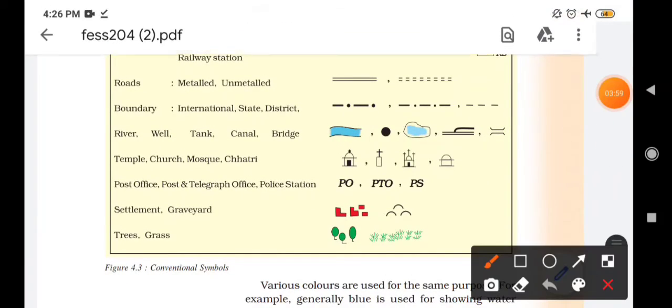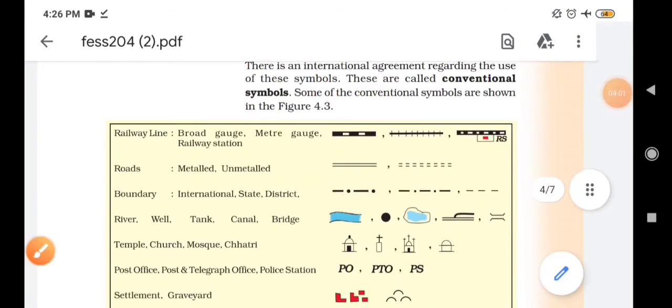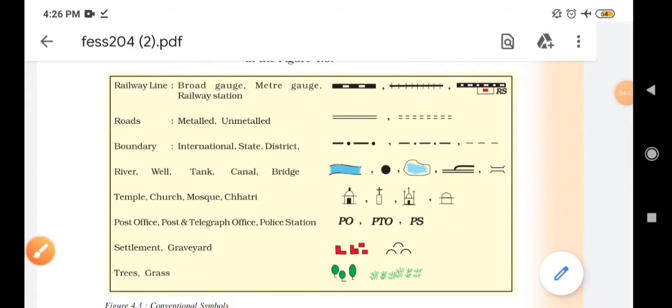You have to memorize them. Railway is depicted like broad gauge, meter gauge. Railway stations are indicated by this. Roads are metalled and unmetalled. Different boundaries are international, state, and district. Different types of wells have different symbols, as do temples, post offices, settlements, etc.